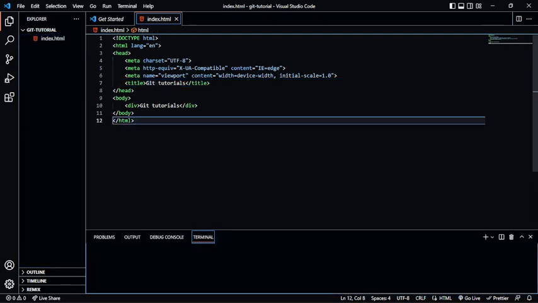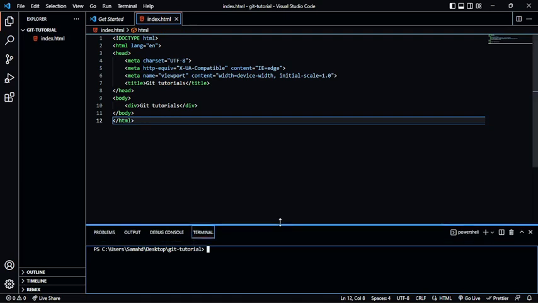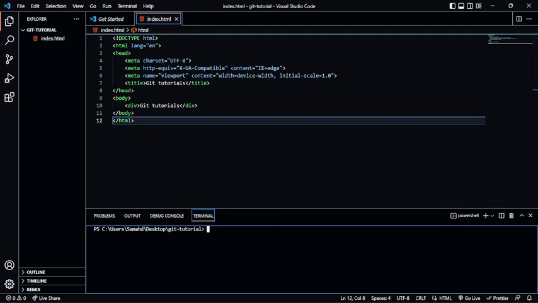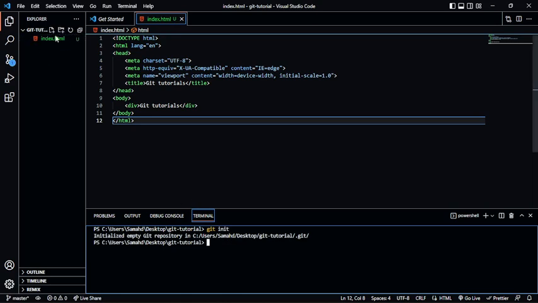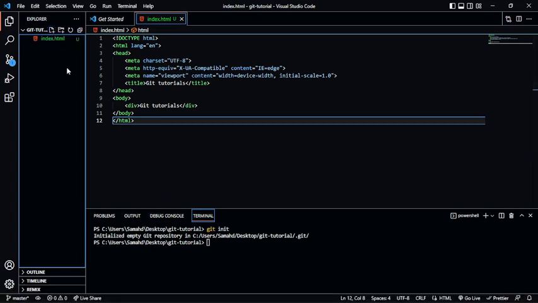So then I'm just going to open my terminal here. Since I already have Git installed, one thing I can do here is git init. That means I initialize an empty repository in this folder. You can actually see the empty git repository here, because